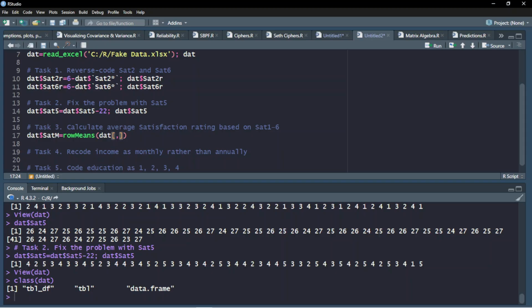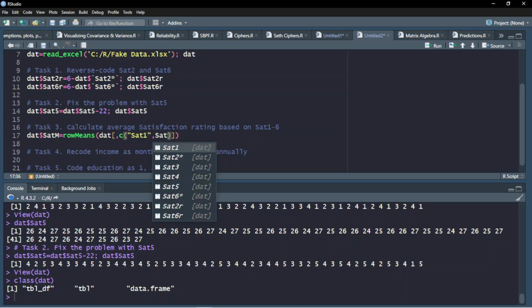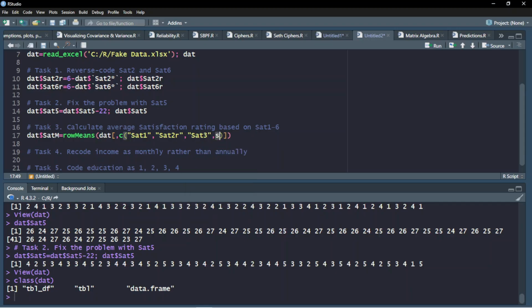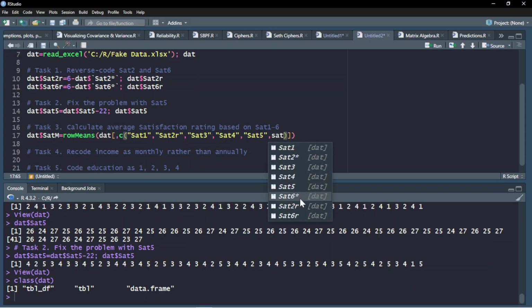So let me just write this out and then I'll interpret. So we don't just want one, we want a combination of things. So we're going to use the C function, and there'll be, let's see, we want sat1, comma, we don't want sat2, we want sat2 reversed. Okay, comma, sat3, comma, sat4, comma, sat5, comma, and then this one, we don't want sat6, we want it to be the reverse coded one. Okay, so I think this will do what we want,